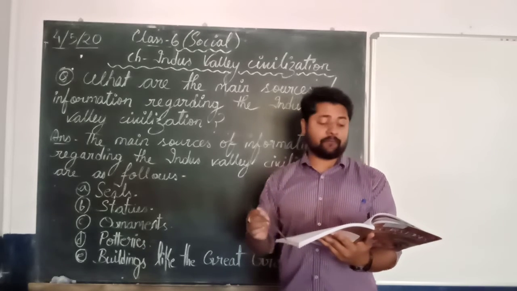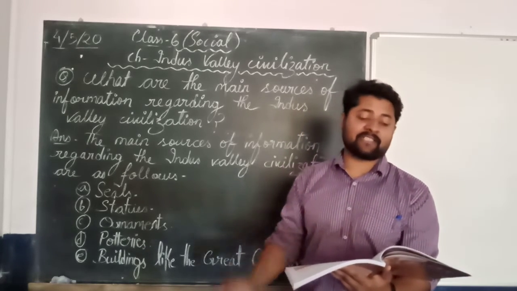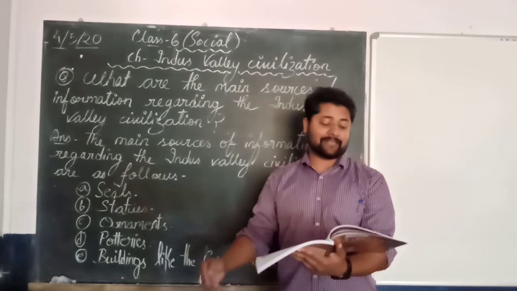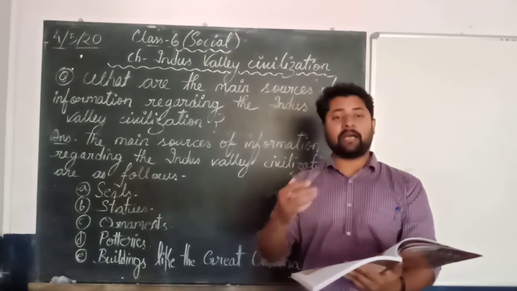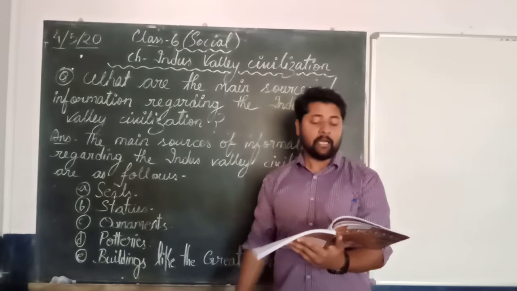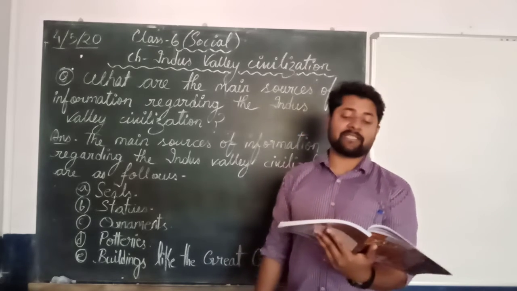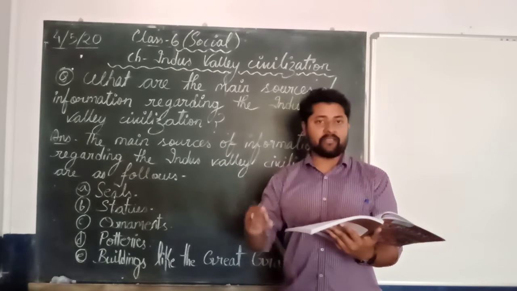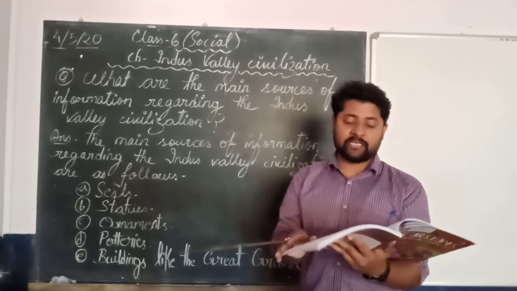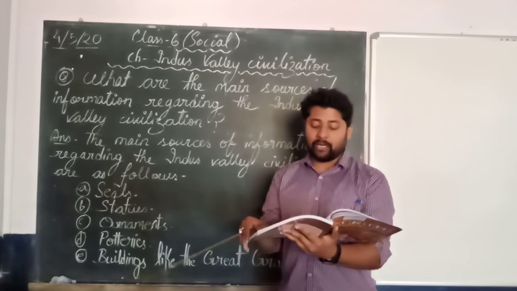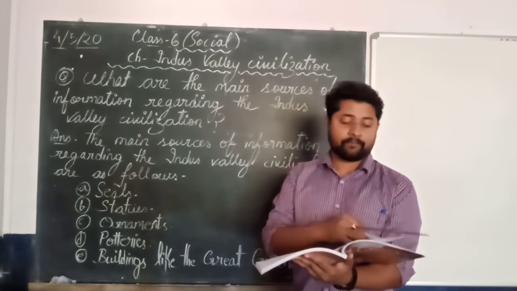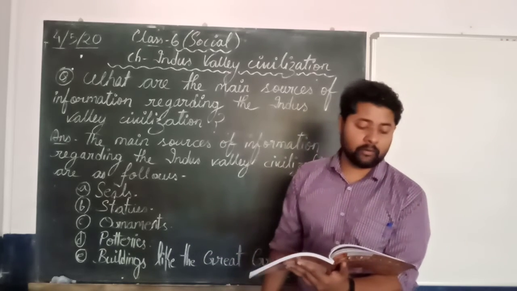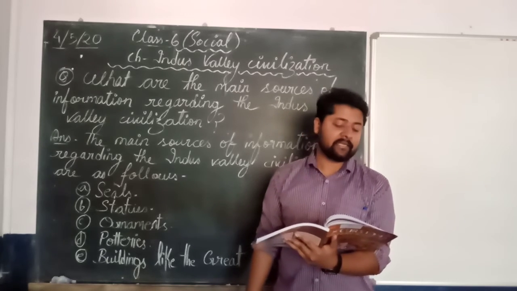So in this class, we have learned a few characteristics of the Indus Valley civilization, such as town planning and houses, which I already explained in the last class. Today I have discussed the drainage system, streets and important sites. In the next class, I will be discussing more important sites such as storehouses or granaries, then the assembly or town hall, then fire altars, then dockyards.